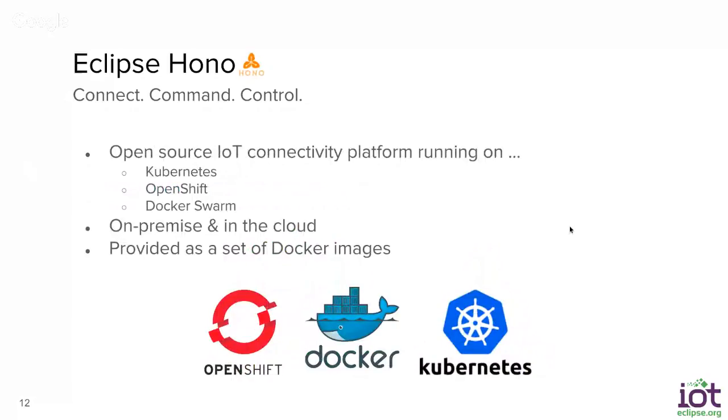Okay. Yeah, so Eclipse Hono is an open source IoT connectivity solution, platform, if you will, and you can deploy it as a set of Docker images to arbitrary environments. As examples, you can use plain Docker Swarm, which is what we use for running unit tests and integration tests on our development machines. You can deploy to Kubernetes and OpenShift. That is actually what we do ourselves for running our commercial offering. We run it in a Kubernetes cluster, and the nice people at Red Hat, of course, usually deploy that to OpenShift, and that is what we also see later in the demo.